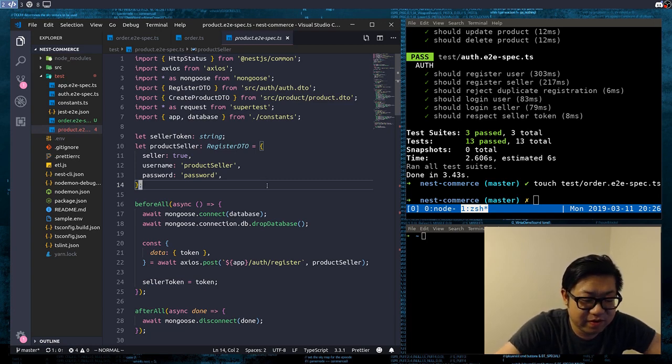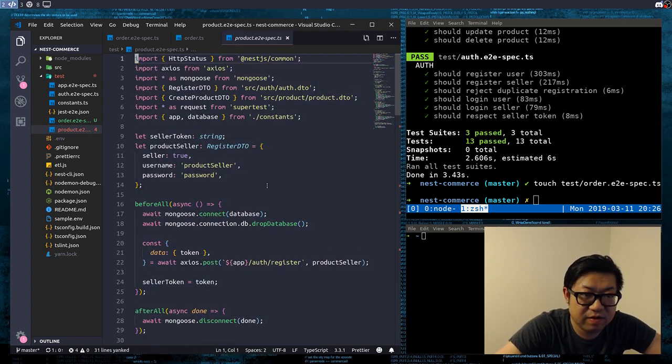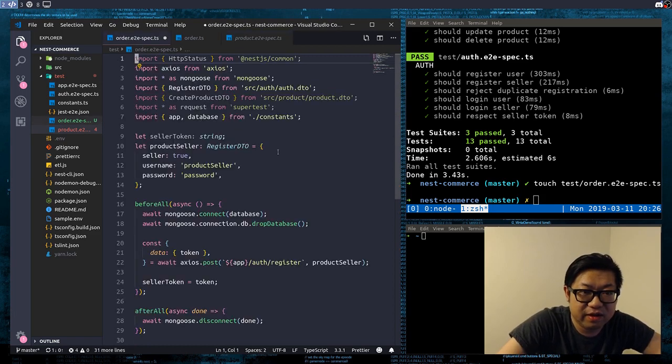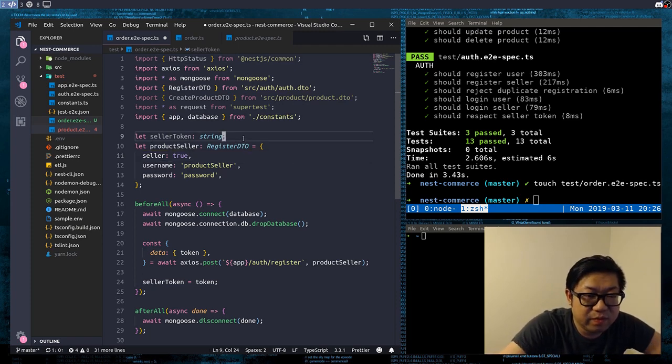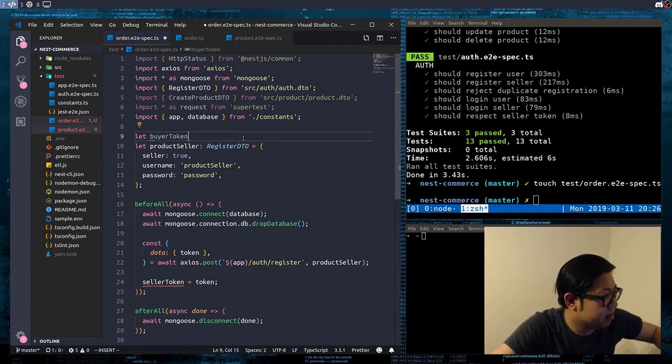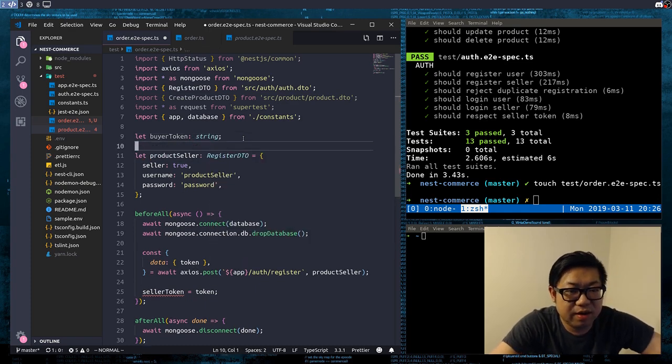Let's see. I'm gonna copy all of this, and let's see. We're gonna need a couple of things. We don't need the seller token. We do need a buyer token. Do we need a seller token? I don't think so. Alright, we need the buyer token. We also need a,